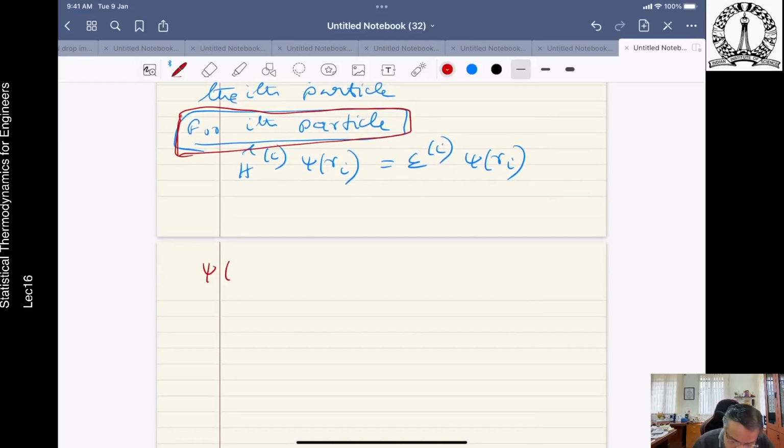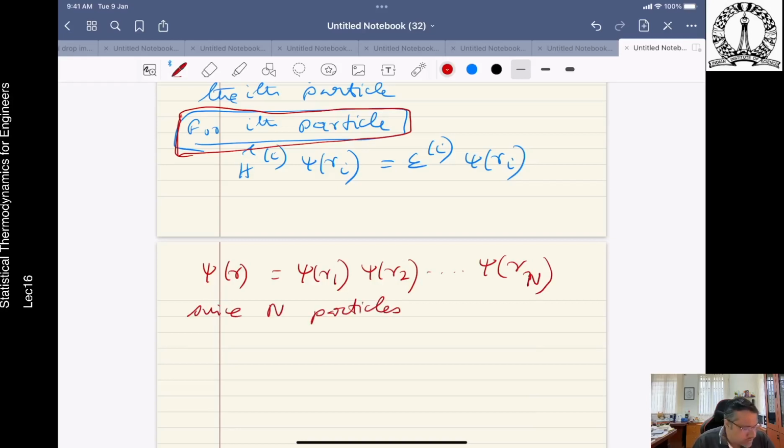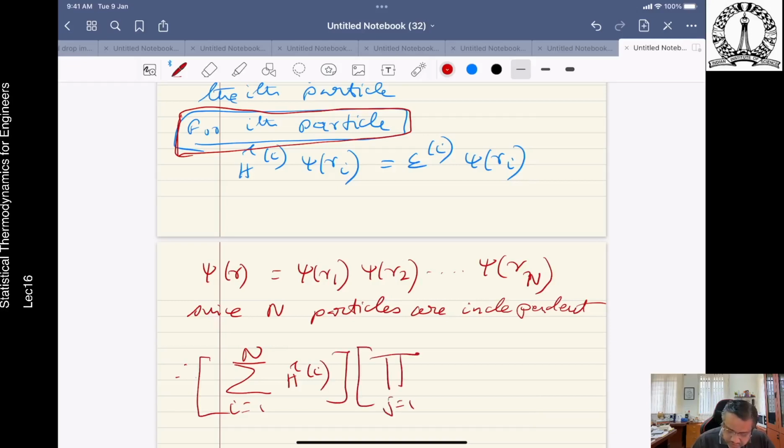Now the wave function, if you write it, psi r should be now psi r1, psi r2, up to psi rn. That is because the n particles are independent. Got it? So n particles are independent. So how do you write down the final expression? The final expression will be summation i equal to 1 to n of H i, first expression, then of course there's a multiplicative product, j equal to 1 to n of psi j, is equal to